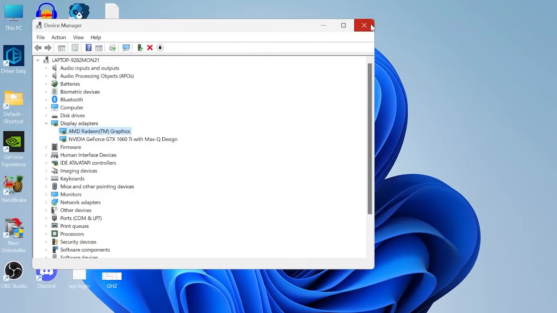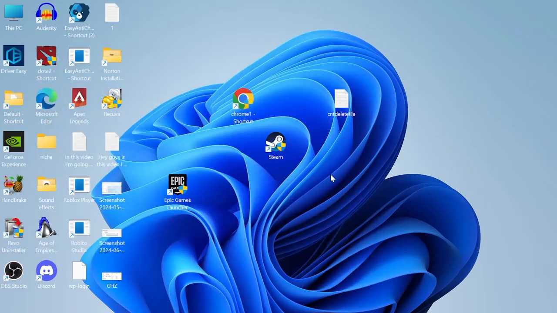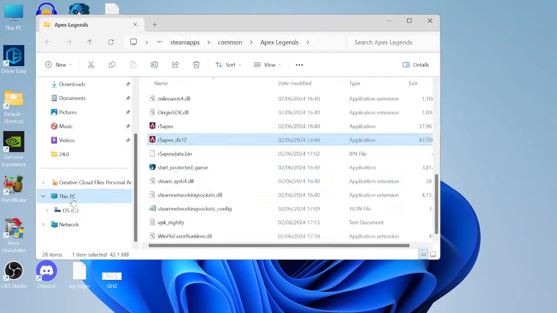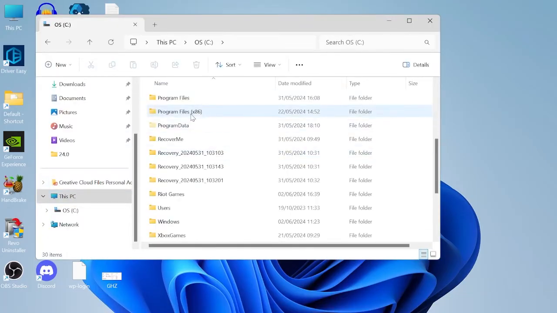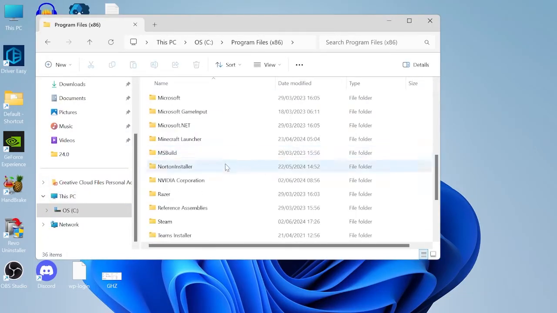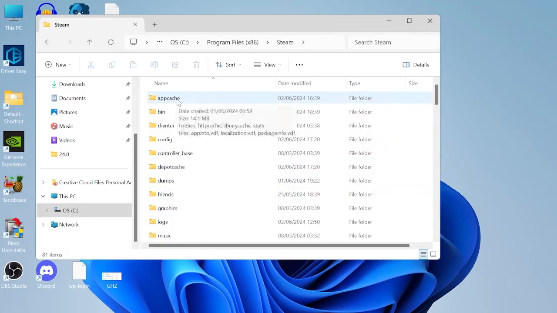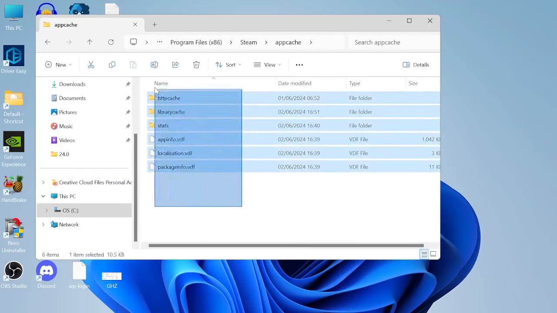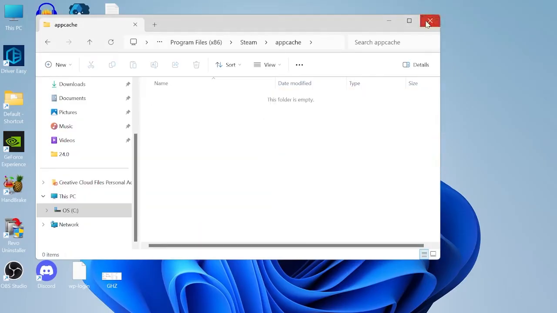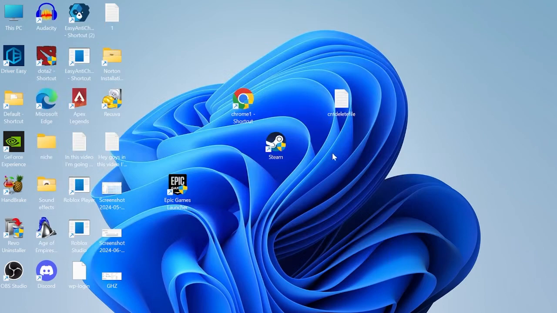We can then close out of these windows, and the next thing we're going to do is delete our cache files, and you can do this by coming over to File Explorer, inside of the C drive, underneath Program Files x86, inside of Steam, and locate the app cache folder at the top here, and we can delete everything inside of this folder by selecting all, and then right clicking and selecting the trash icon. Now you can check to see if that's fixed the issue, but if it's still not working, the next thing